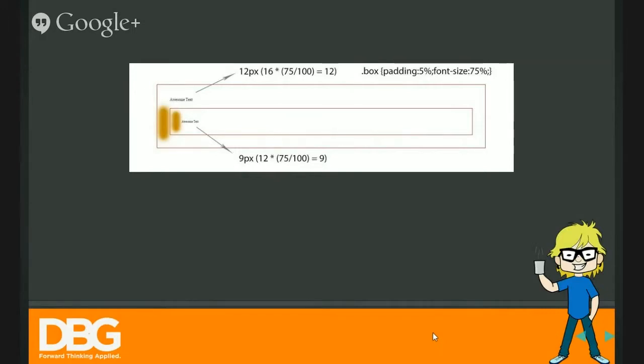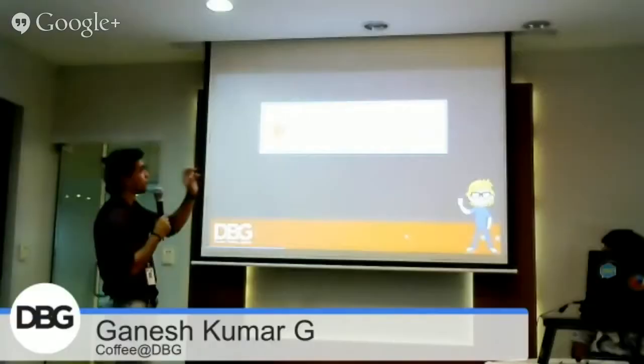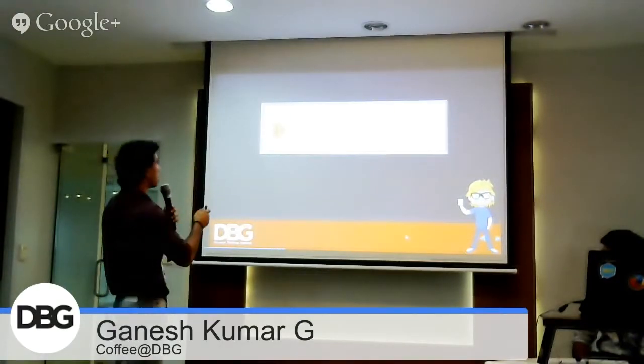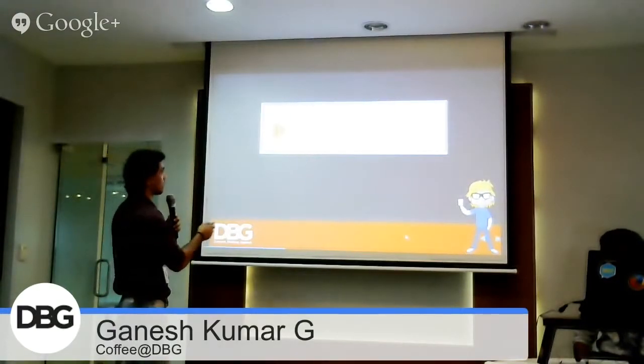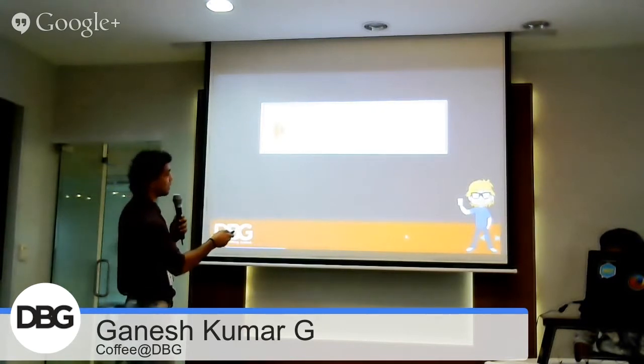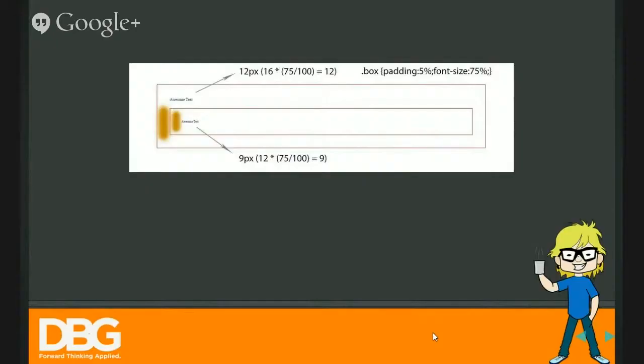Parent box class has a padding of 5%. This 5% is related to the screen width, or screen size. And inner box class has the same padding 5%, but it will be related to its parent element. It's because the inner box class width starts here and ends here, so it's related to its parent. So a padding of 5% is calculated from this point to this point.